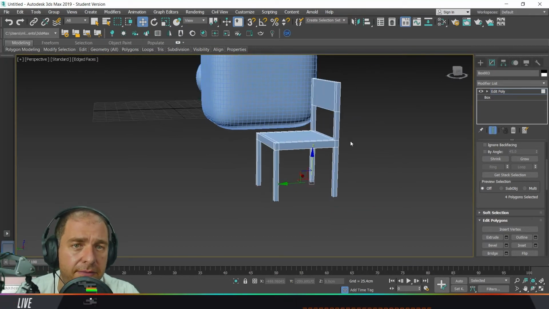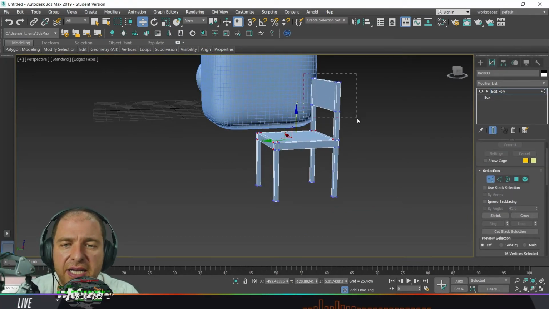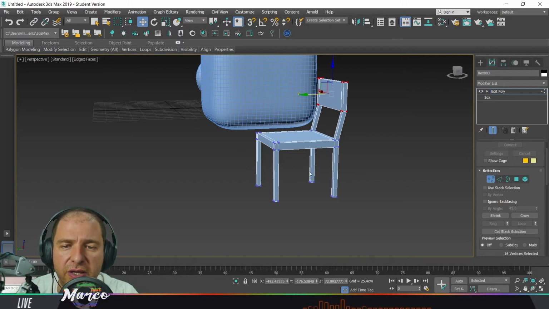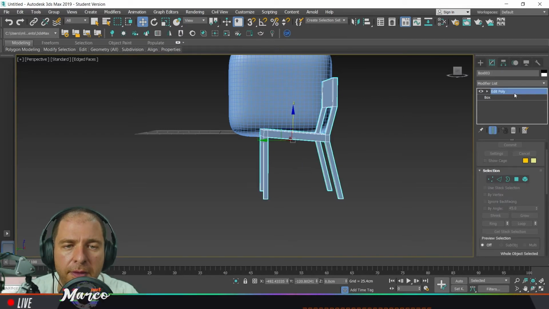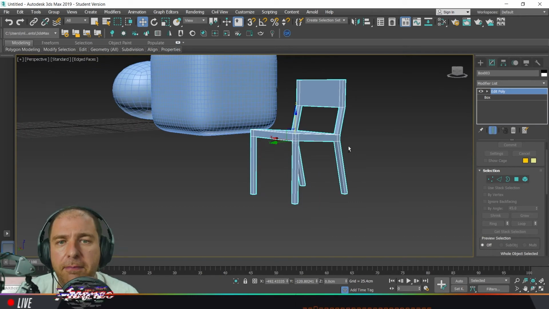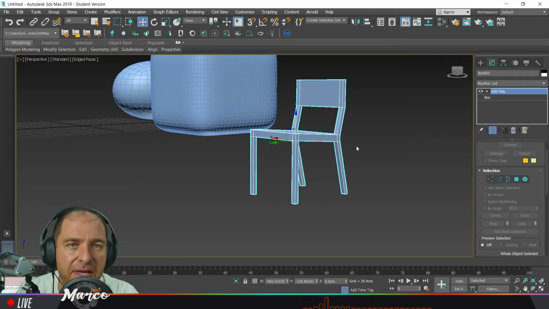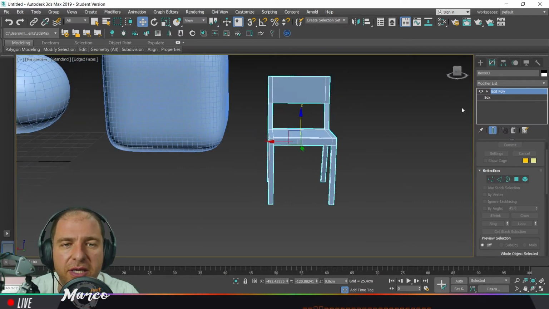This chair, I mean, it's not a masterpiece of design. I can start moving my vertices a little bit, I can make it more interesting, but it is extremely sharp. Where is the problem? The problem is that if I apply Turbo Smooth immediately, the result will be extremely ugly,